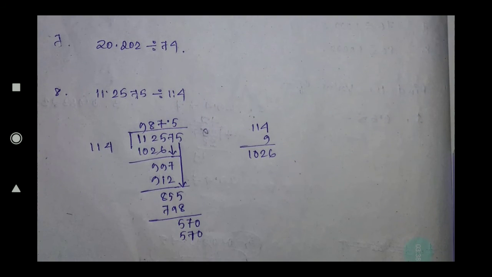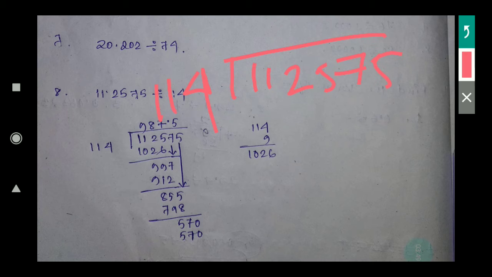Number 6, number 7 you do, number 8 I am discussing. So number 8 also, nothing special, just divide considering it as a whole number, 2575 divided by 114. 114 into 112 will not go. That means you have to take 4 digits, so 1125. If you take 10, it will become 1140, but here 1125 is there, so this is smaller, so we have to multiply with 9, then only it will go. So if I multiply with 9, I will get 1026.